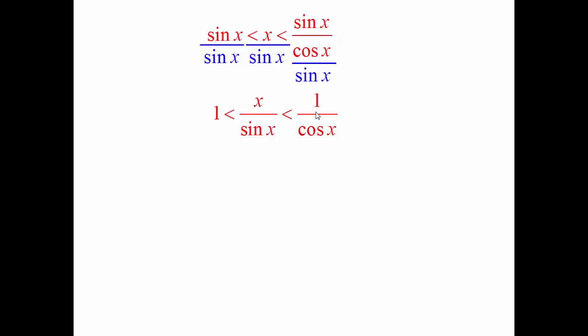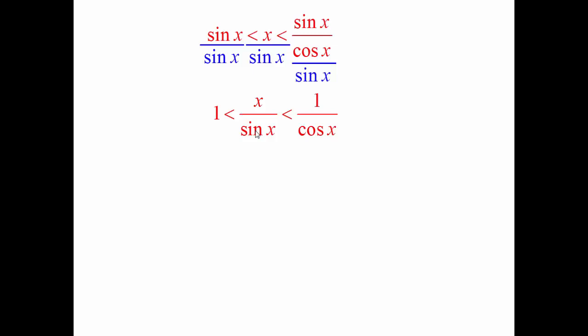Now you may have an idea of why I did that. The original question, if you've forgotten already, was the limit as x approaches 0 of sine of x over x. Now I still don't have a sine of x over x here, but now I have x over sine. If only I could flip this upside down. If I could flip this upside down, instead of it saying x over sine, it would then say sine over x. I could then have a statement that relates back to my original question. Well, good news, I can. I'm just going to reverse.